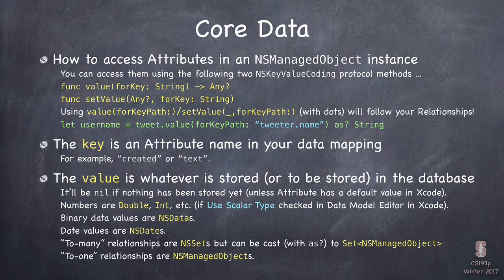All right. I do have the blue "use scalar type" there, which is interesting. If the thing you're putting in the database is a float or an int32 or one of these things, it's actually going to be stored in the database as an NSNumber, which is a class. It's an object, kind of a generic holder of numbers. But if you flip on the switch in the inspector in your data modeler for that attribute saying use a scalar type, then it'll make the type be double or int or whatever instead of NSNumber. So anyway, you had a question?